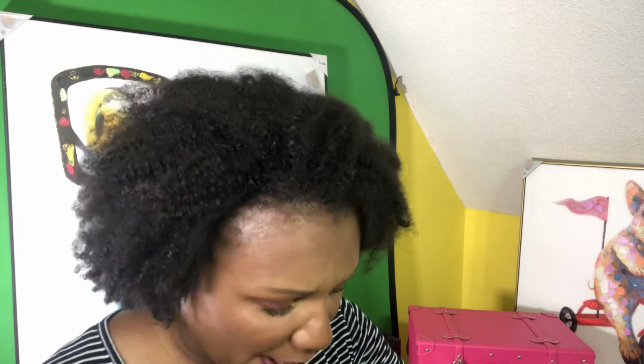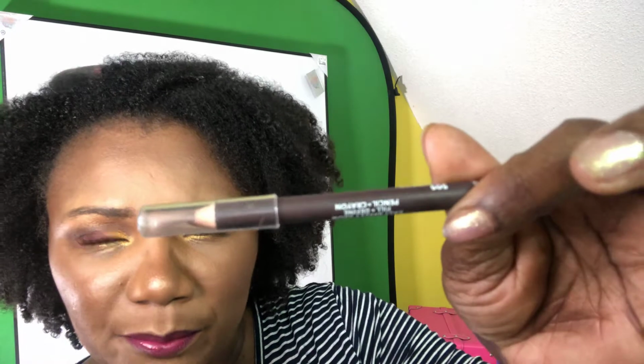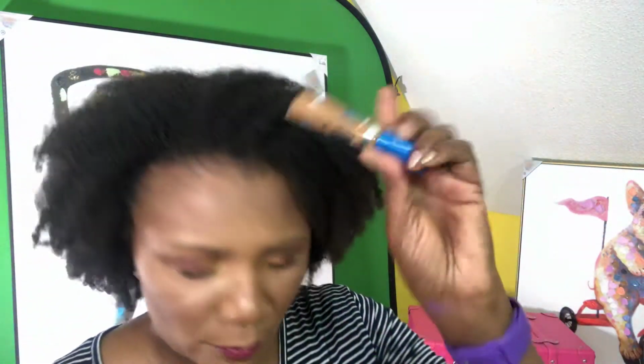Yeah. So my brows, I got a combination. This, I couldn't think of the name of it, but the Jordana little 99-cent pencil, along with the CoverGirl Brow Define thingamajiggy. So I got that on to contour, to kind of fill in the brows. And of course I went back to try to cover up some of them hairs with the Maybelline Superstay Better Skin, blah blah blah. Okay, so the eyes, I decided, you know what, I've got a lot of eyeshadow palettes,